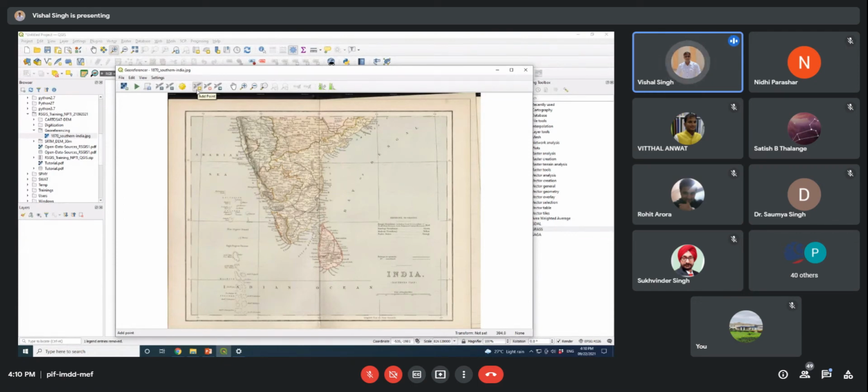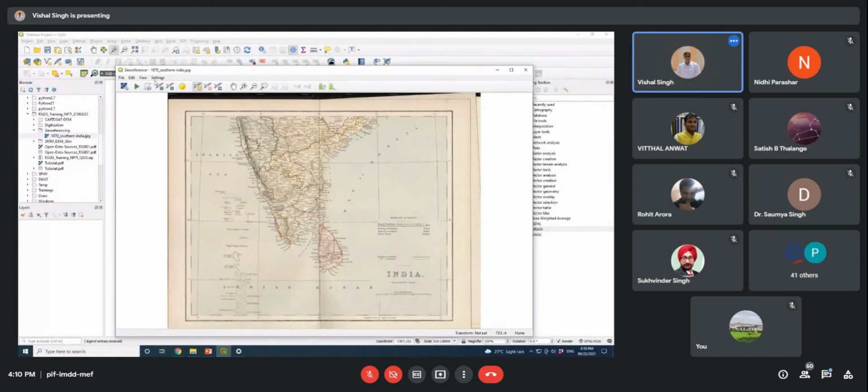This is our GPS, local GPS, and based on this tool we will add points on this map and provide the corresponding latitude and longitude information to this map. But before that, we need to set up some variable information that we are going to use for the georeferencing.